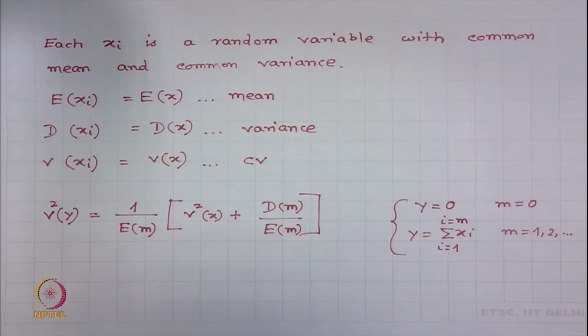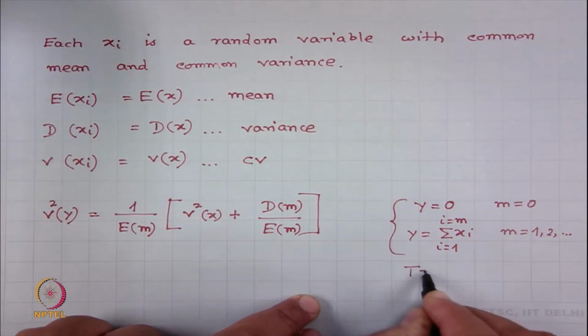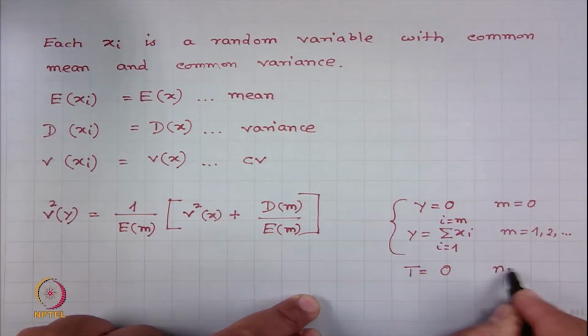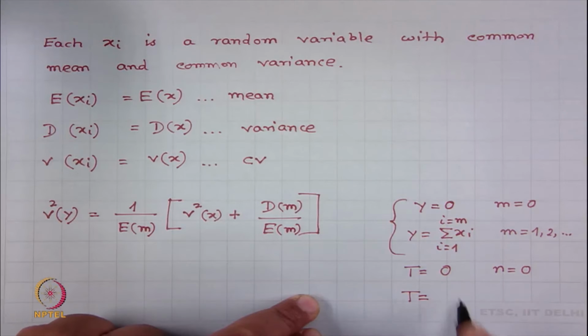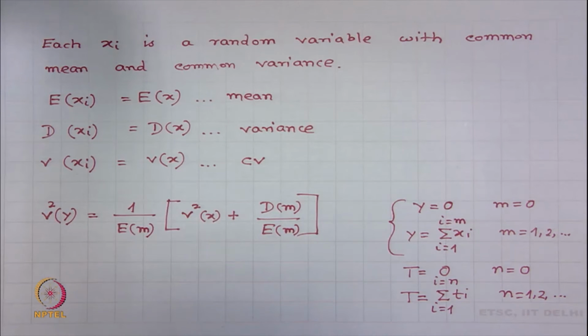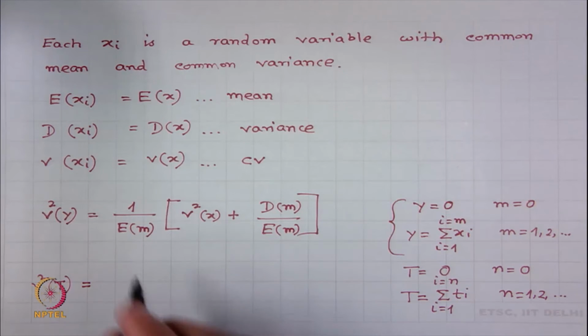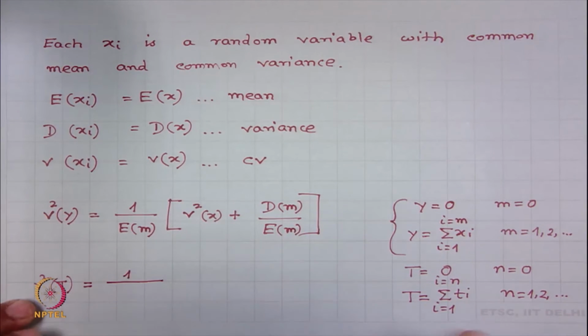Now, we compare this with our expression of fineness: 0 when n is equal to 0, and capital T is equal to the summation of T i, i from 1 to n, when n is equal to 1, 2 and so on, right. Then the square of CV of this is equal to 1 divided by expectation of n. Expectation of n is the mean of n. So, n bar